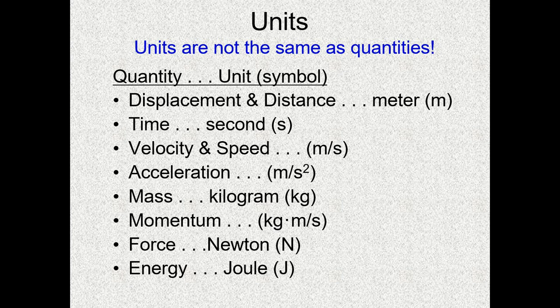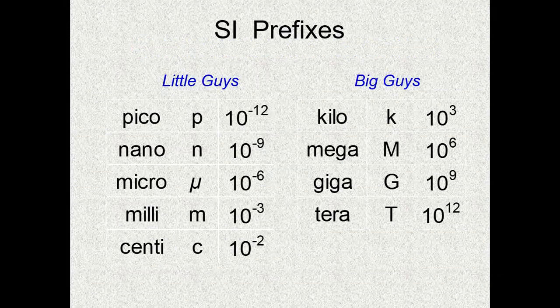Now quantities and units. Displacement is a distance, and the unit is meter. Time is a quantity, its unit is second, and the symbol is s. Velocity has the unit meter per second. Acceleration has meter per second squared. Mass is in kilogram, momentum in kilogram meter per second, force in newton, and energy in joule. And also the prefixes are there: